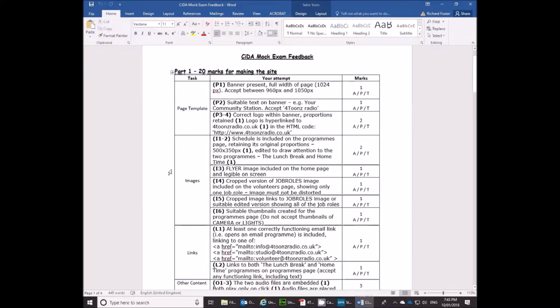And if you don't believe me, just take a look here. Here's the mark scheme, and on the images section it says flyer image included on the home page and legible on screen, 1 mark. You've lost 1 out of 50 marks, and you've lost one of the easiest ones. So make sure when you're going through your exam today,